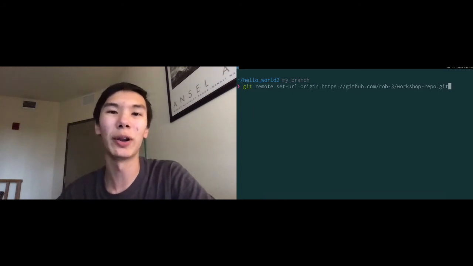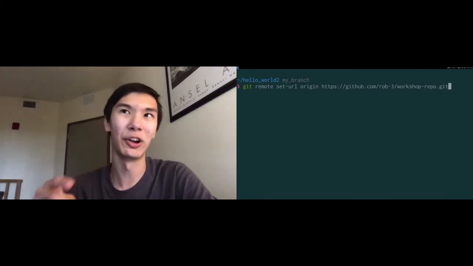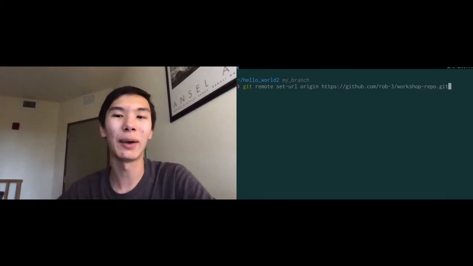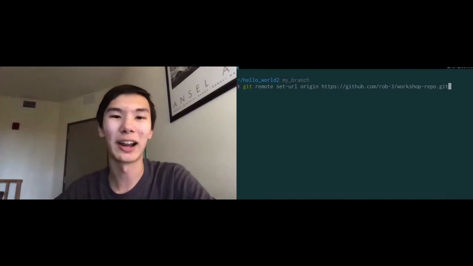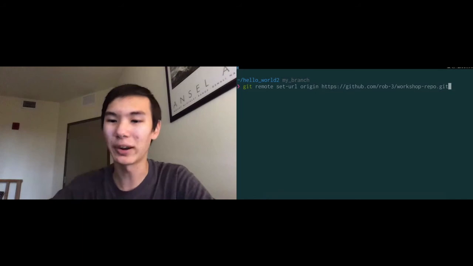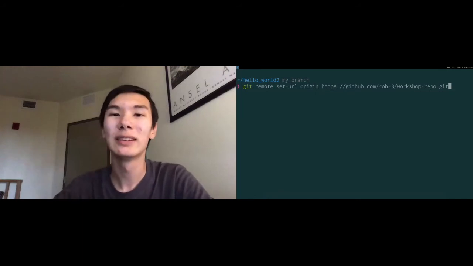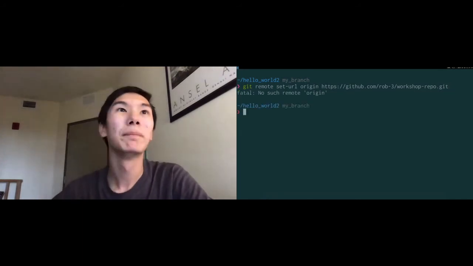In the future, if you want to do this in a quicker way, you can create a new repository in GitHub and then do a clone. If you do git clone, you've seen that notation before. Git clone, then you type this link, and that will automatically do this remote setup for you, which is a kind of verbose command. Okay, so if I run this, in theory,